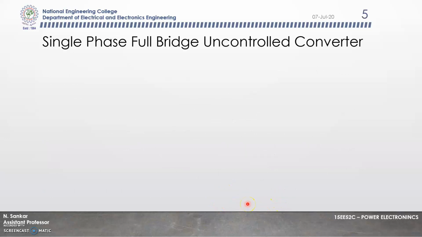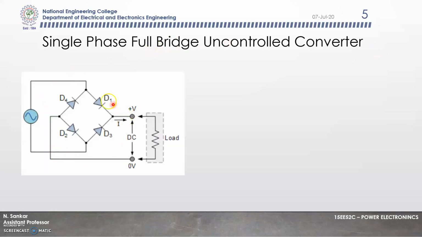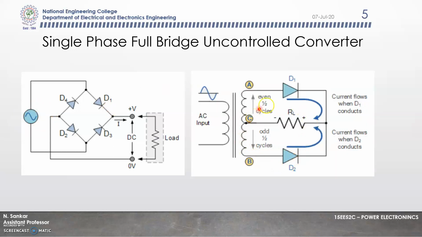Before that, we will focus on the working of the uncontrolled converter, which you already studied in the electronic circuits and devices subject. This is a diode bridge rectifier, a full wave rectifier, which will rectify both the positive half cycle and negative half cycle of the input AC voltage. Similarly, there is another topology called the center tap topology. Here we make use of two diodes and a center tap transformer. Either topology can be used. Now we are going to study the working of the normal full wave diode bridge rectifier.